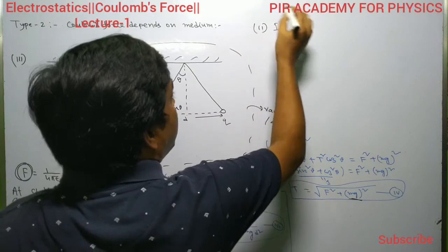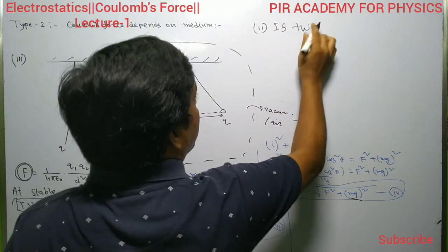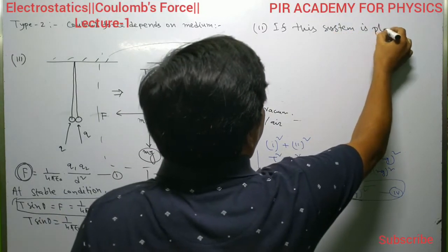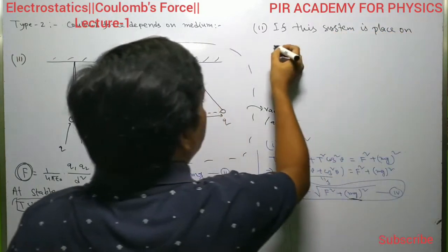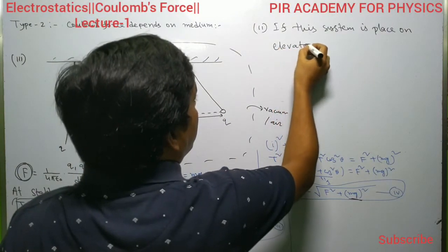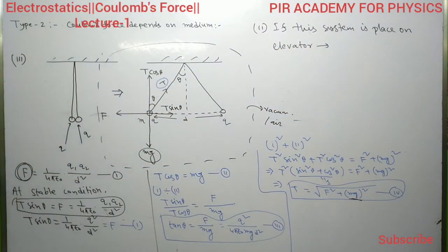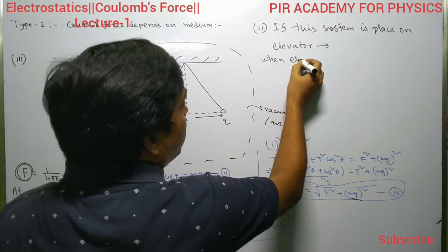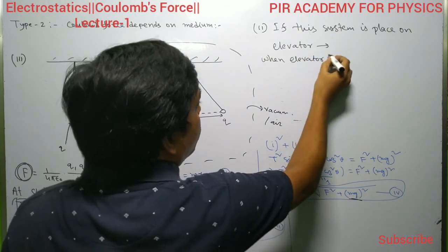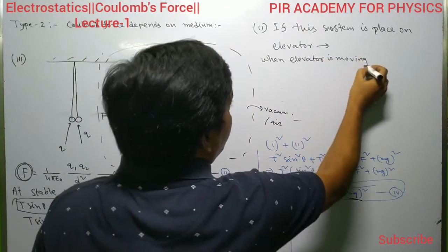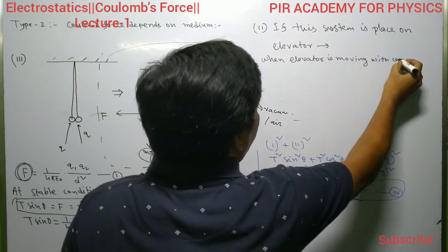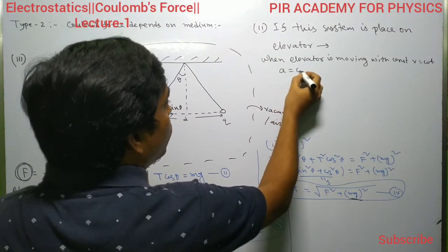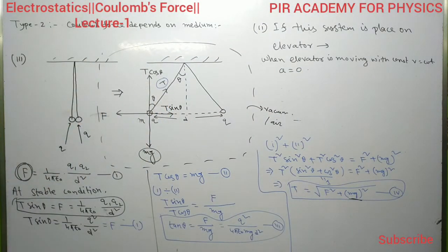If this system is placed on an elevator, then what happens? When the elevator is moving with constant velocity, that means V equals constant, that means a equals 0, that means the acceleration of the